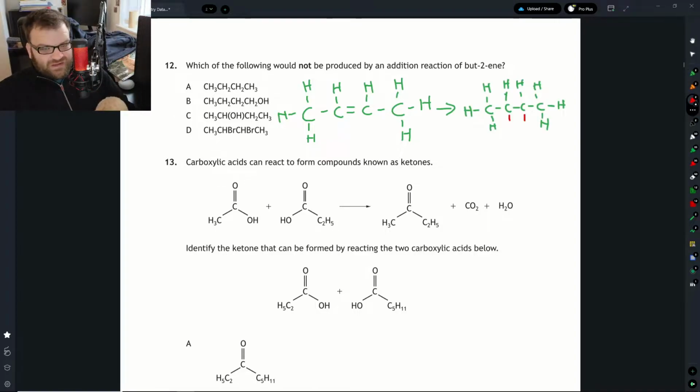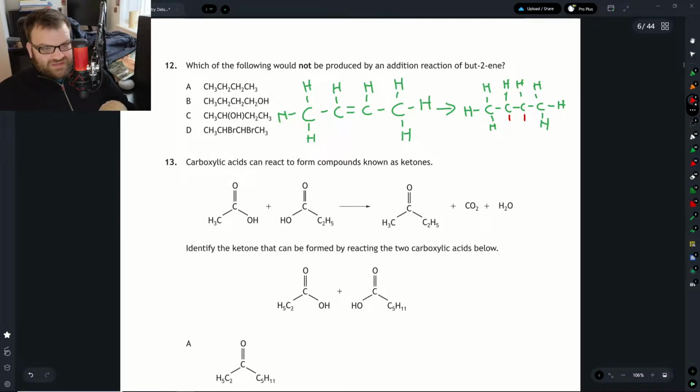Now, if I look at what we have here, we've got a CH3, CH3, and they're saying here we've got CH2 and CH2. Well, if we added hydrogen, that would work out as our answer. We can go between those two by adding hydrogen and breaking the carbon-to-carbon double bond. I'm going to say that one's correct. It's not our answer, because it's saying which one's not. Next up,